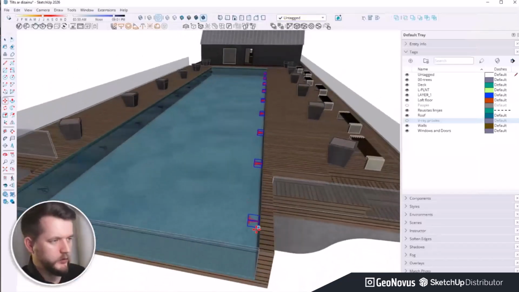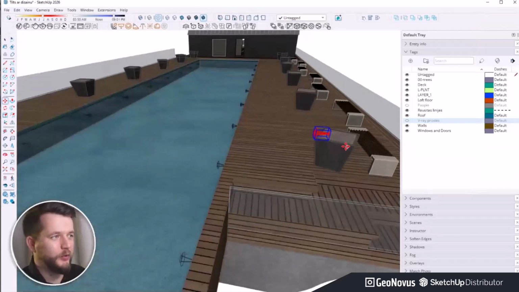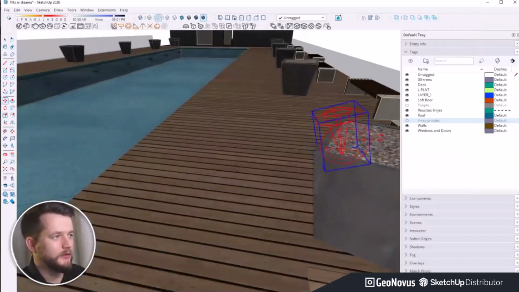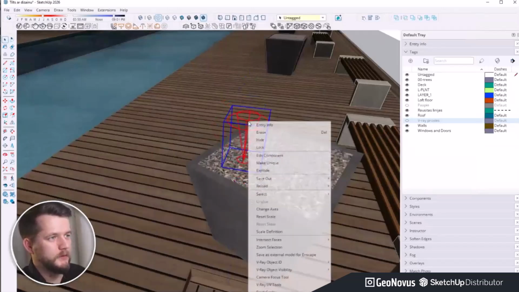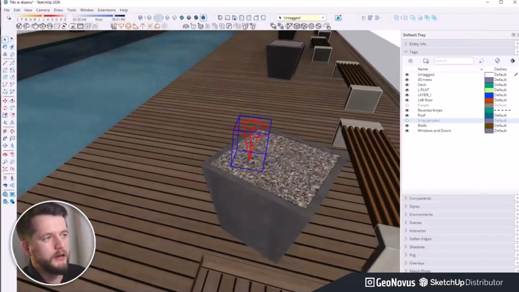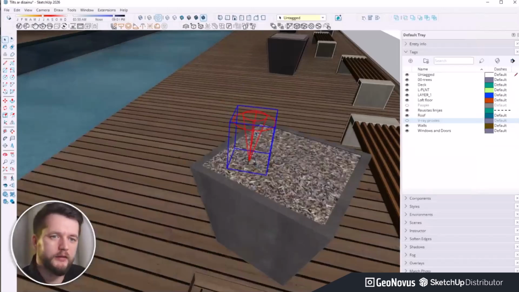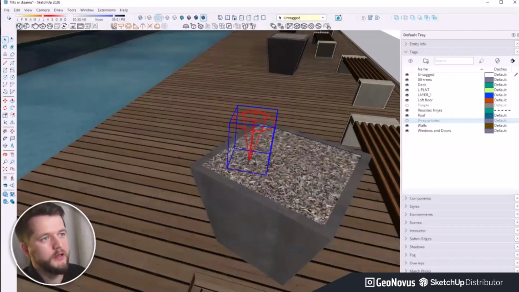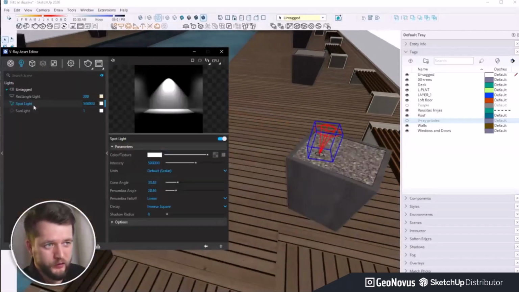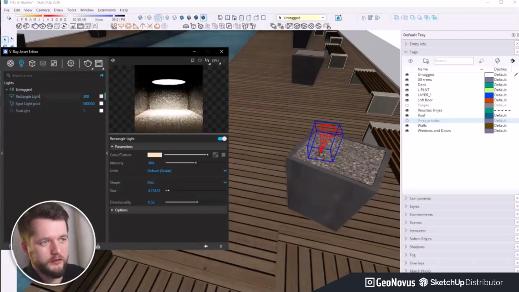And I could use these lights as well inside of these plant pots. But what I'm going to do is turn it around. Explode it. And I want them to work as, for this one to work as a unique object. So I can simply press, let me show it in Asset Editor. So this is the spotlight that's in the pool right now. This rectangle light